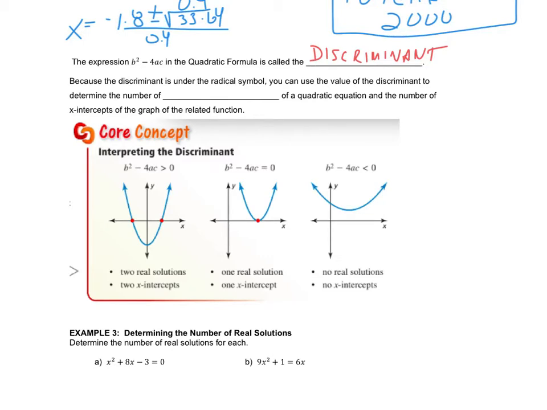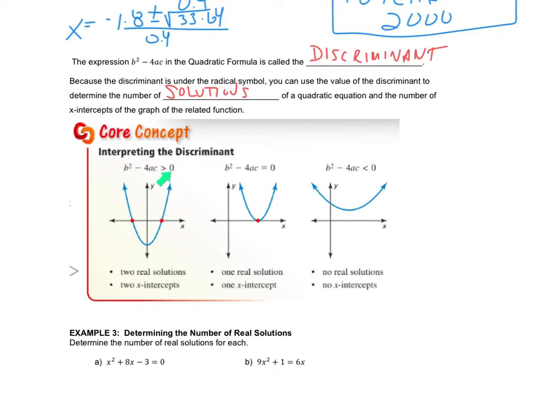So the number underneath that expression, b squared minus 4ac, is called a discriminant. Because it is under the radical symbol, as we already talked about, it's going to help us to determine the number of solutions our quadratic will give us, which is also the number of x-intercepts. And here's how that works. Looking at this diagram below, if I have a discriminant, if this whole expression, b squared minus 4ac,